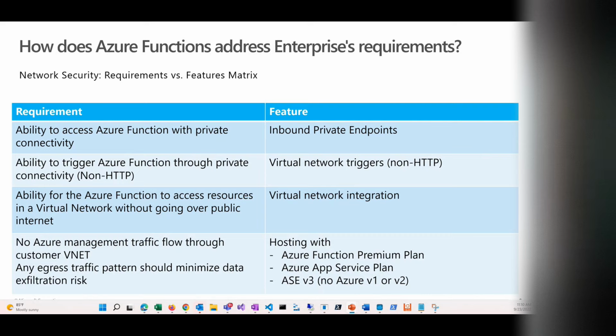Second thing is, for non-HTTP triggers, just keep in mind, now you have the ability with functions for non-HTTP triggers to be called over private connectivity. That wasn't there in the past. So that's another thing. And then the ability to access resources in a VNet, that's been there for some time. Virtual network integration, and